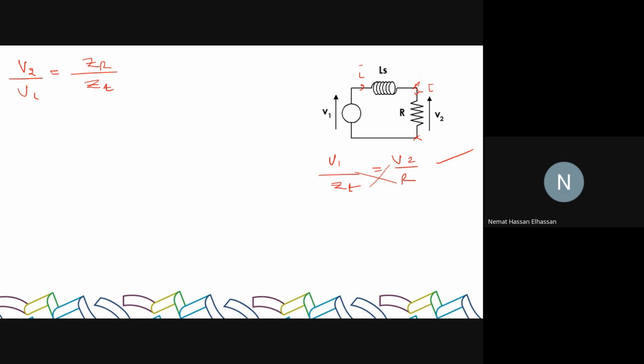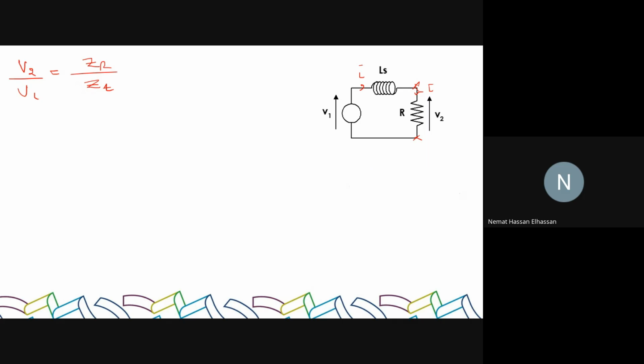What you'll do is you will do the same thing to both sides of the equation. Multiply by this total, multiply by this total, divide by V2, or sorry, no, divide by V1, multiply by R, multiply by R, divide by V1. These cancel each other out. V2 over V1 is equal to R over the total. Okay? Now that we have this in mind,